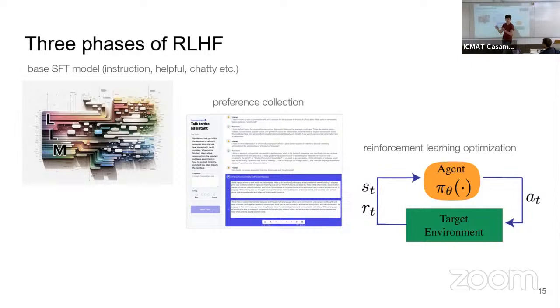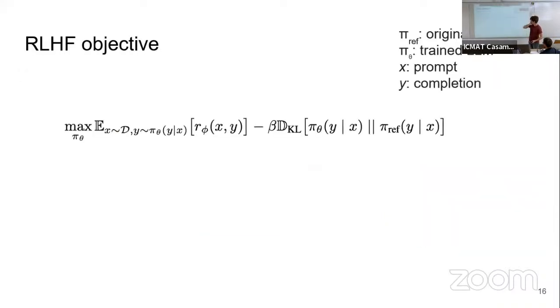Because it has been trained on a set of question answers, okay? But then we want to further optimize this. So we are going to start collecting preferences, which, as I said before, is which completions people prefer more. So we collect preference data, and then on top of that, we further fine-tune this model, but with a different approach to optimize the preference of the people. And this is the reinforcement learning part, very simple. We're going to go step by step now.